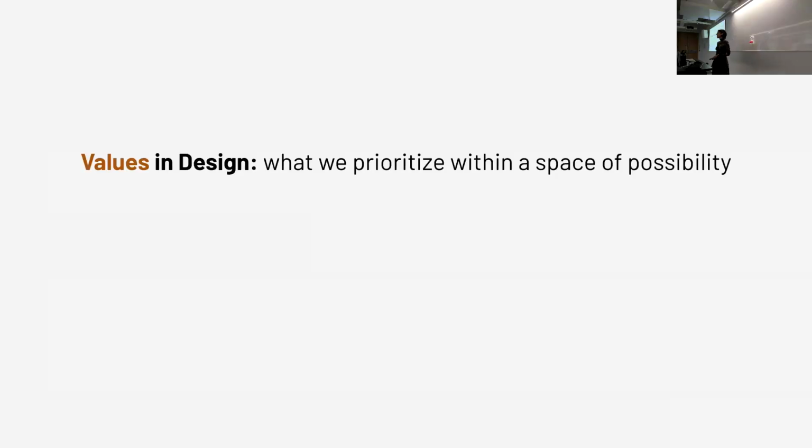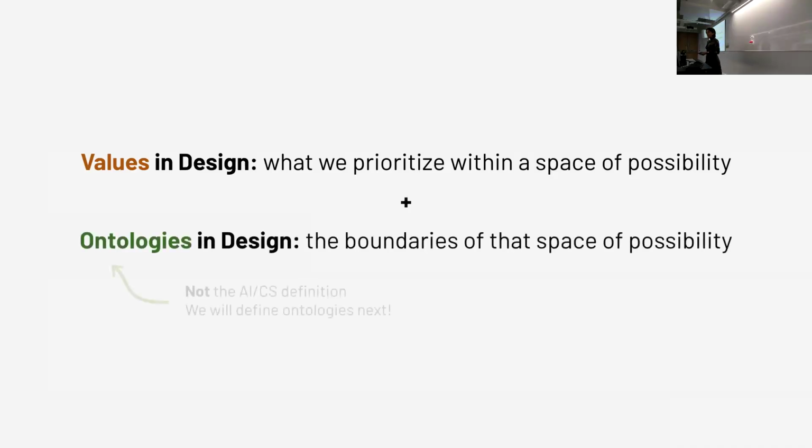As designers and researchers, we hope to create technologies that make the world better. To this end, a rich body of work has examined the values that are implicitly or explicitly embedded in design. While values are important to consider, what we design also carries a set of assumptions around ontologies, what can exist, and the boundaries of what we imagine possible. My work examines how we might engage with ontologies in design, and in doing so, open up new technological imaginaries.